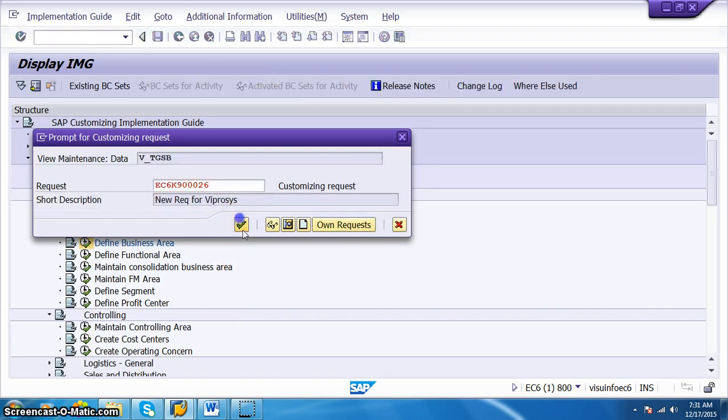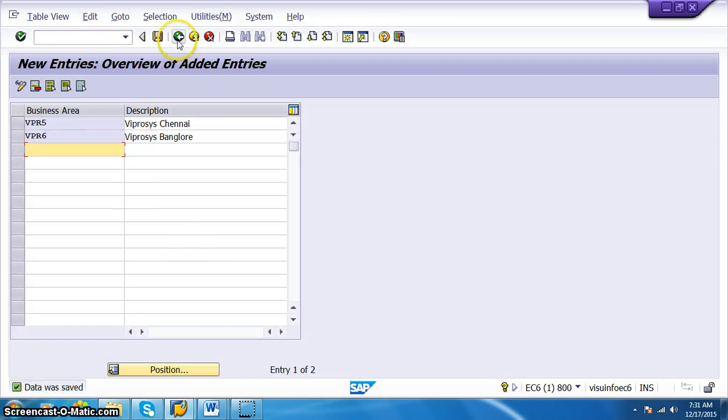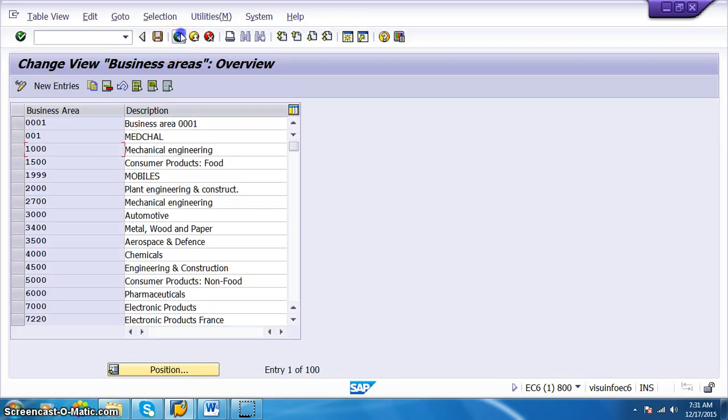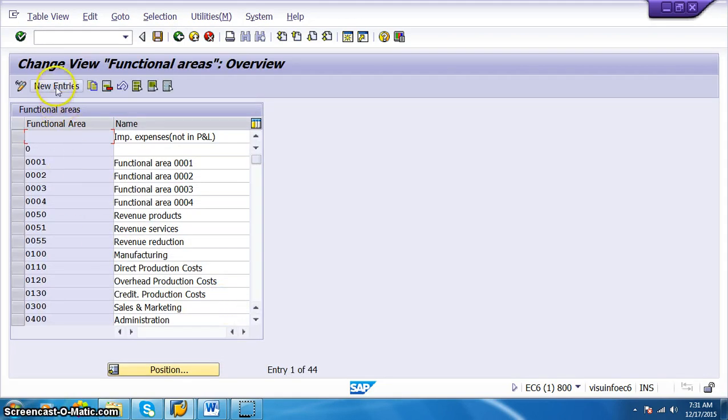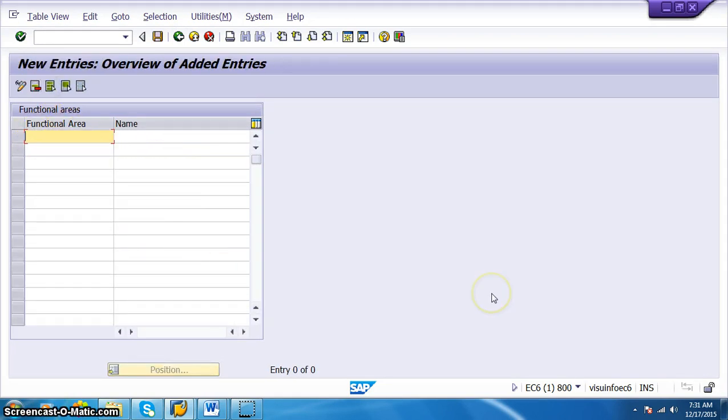We can have n number of business areas under a company code, and then we are going ahead with the functional area. So define functional area. In this, click on new entries, and in this the functional area is VPR5. We press this.